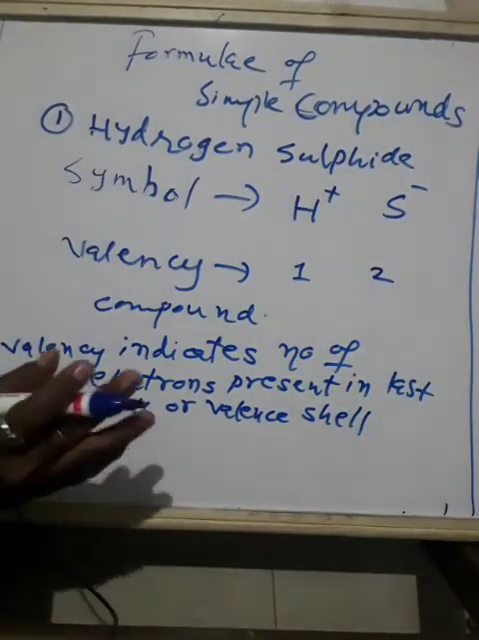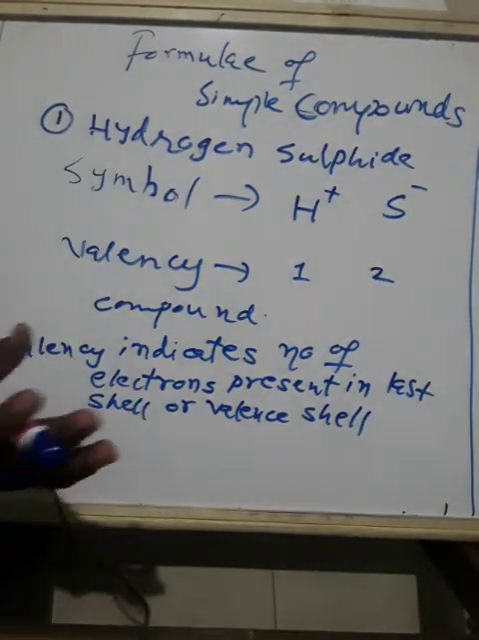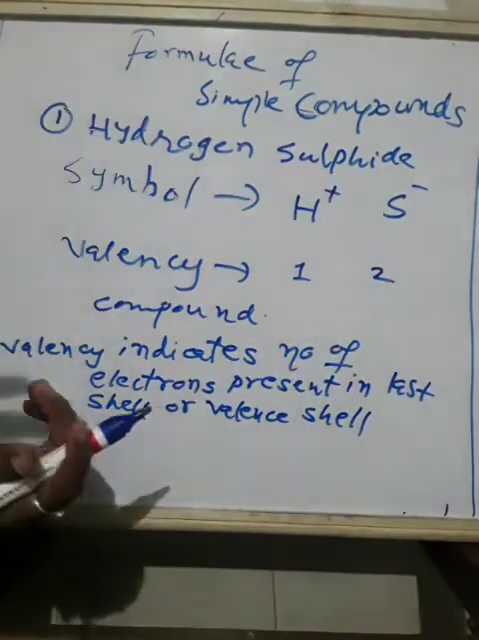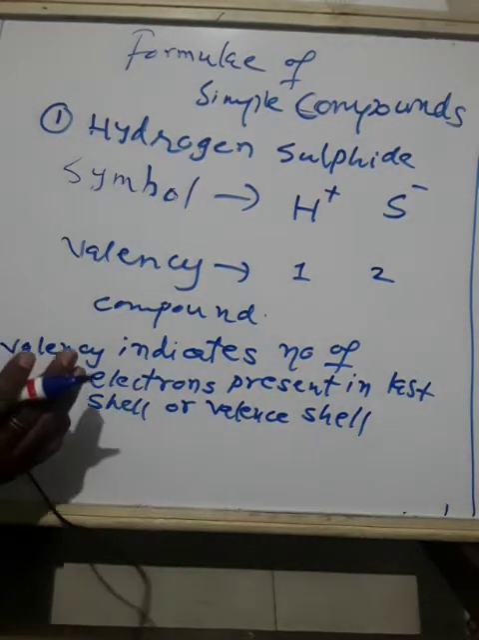If 3 are there, its valency is 3. If 4 are there, 4 valency. If 5 are there, 5 cannot be the valency. Again, there is one more method: you should subtract 8 minus 5. So the valency of that compound is 3. Okay. Now